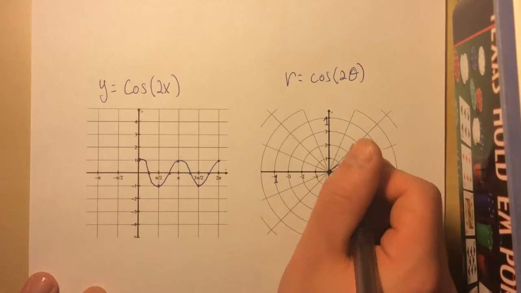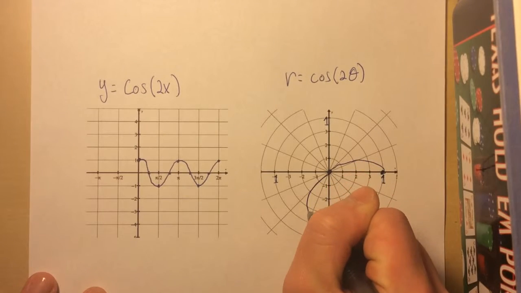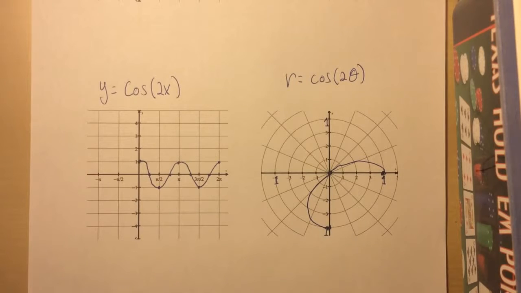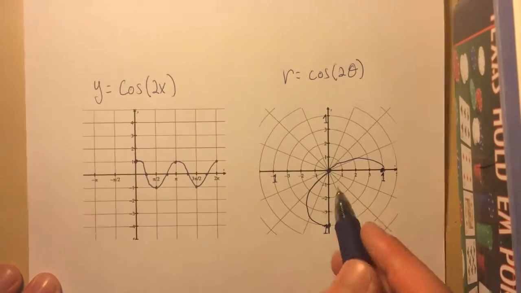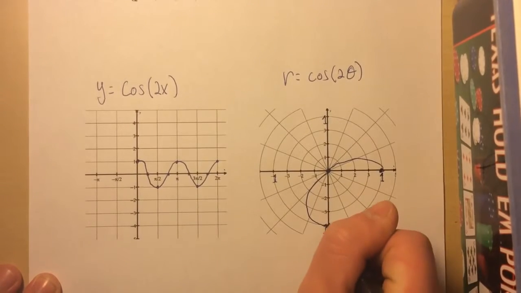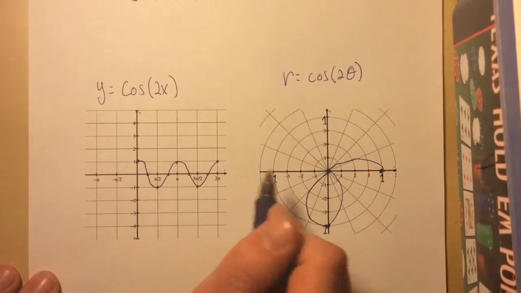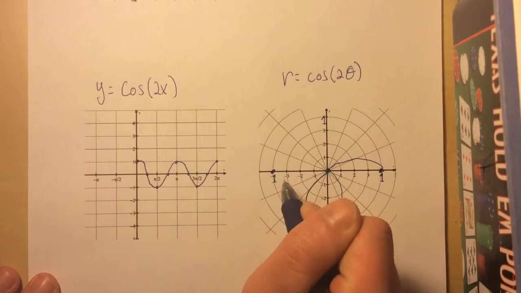Decreasing. So instead of looking at this area, we're looking at this area. So we're going to kind of come in like that. From pi over 2 to 3 pi over 4, it's going to go back to the pole. Instead of looking here, since it's all negative, we're looking over here. Coming in there. 3 pi over 4 to pi, it's going to be positive starting from 0 to pi comma 1,